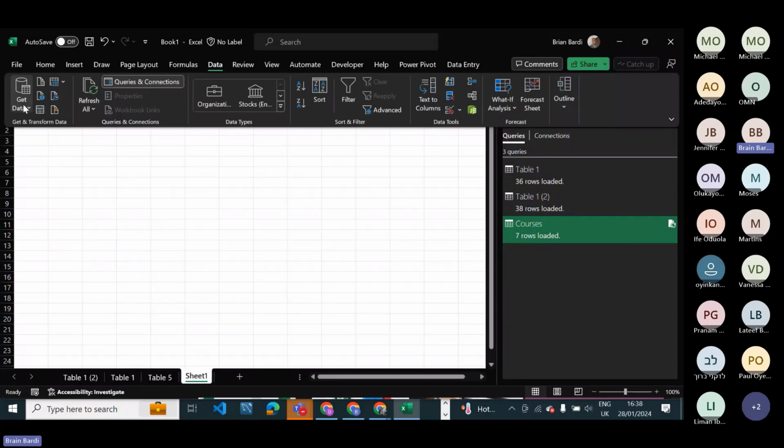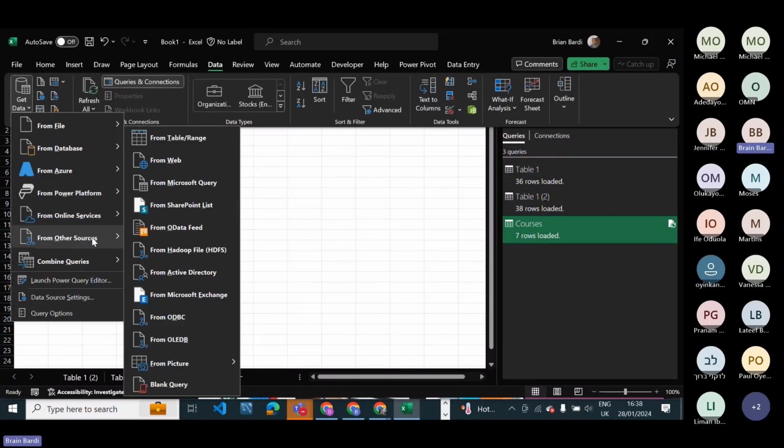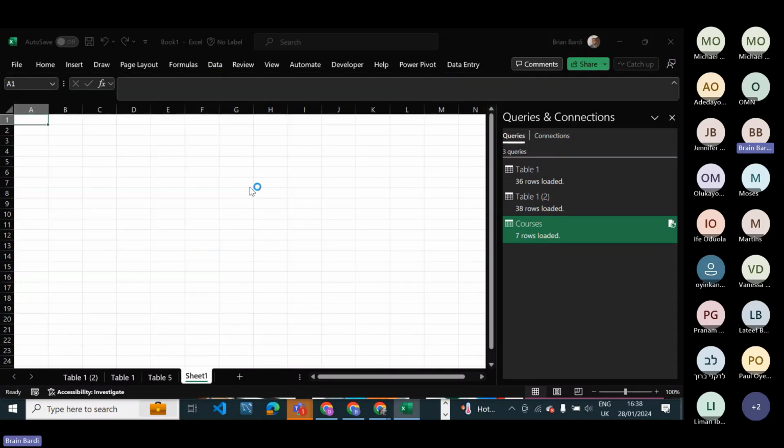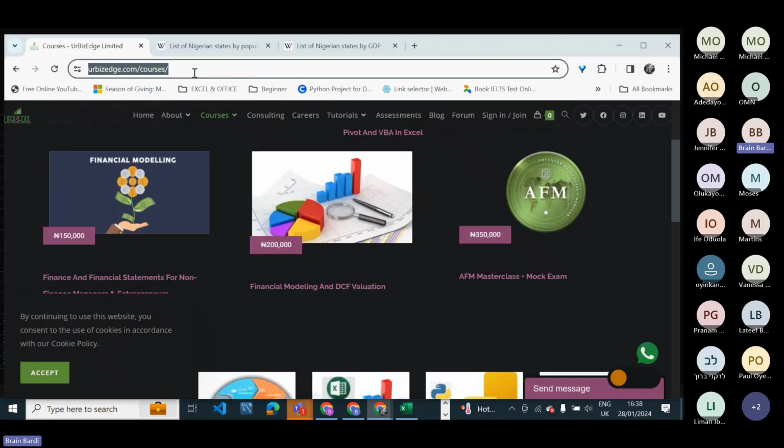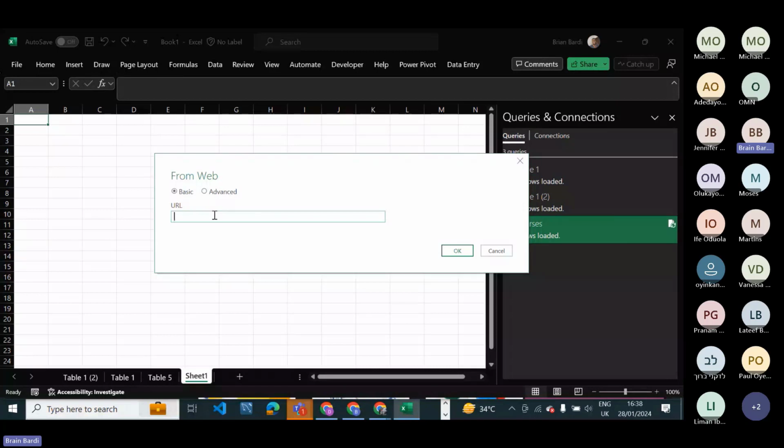When we went to get data from other sources, from web page, we had to come back to the course and copy the URL of that web page, which is this on our browser, and go back and paste it here and hit OK.